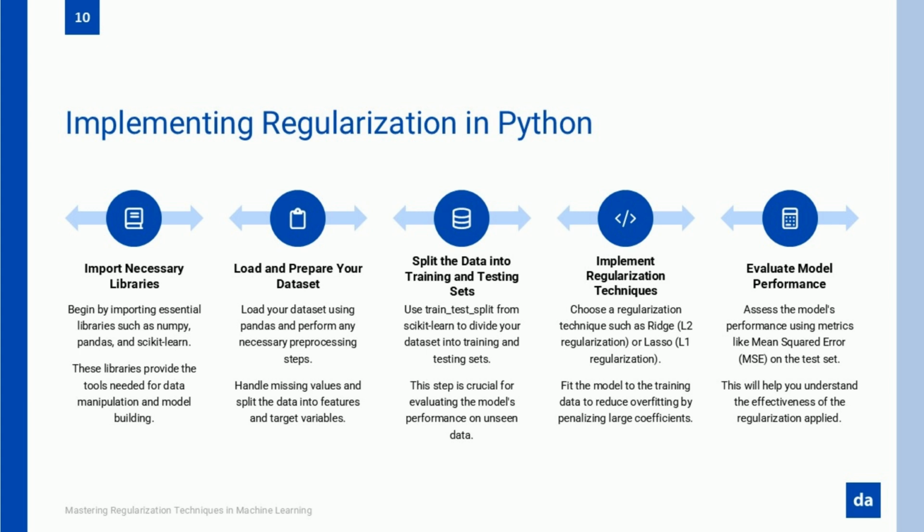And then, if you want the best of both worlds, you use ElasticNet, which is a combination of L1 and L2. It removes the worst features, but also balances the ones that stay, giving you a cleaner and more stable model. Once you've chosen which regularization method to use, the next step is to actually train your model with regularization applied. And this is where things get really interesting, because when you compare the results before and after applying regularization,